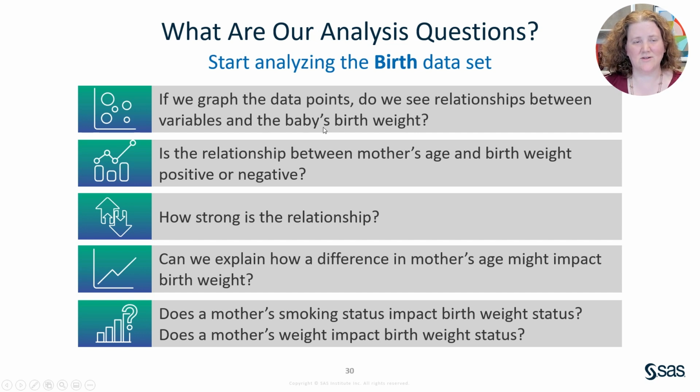As we did that, we started with some more descriptive analysis. So we created several plots of the continuous predictors versus the continuous birth weight variable. Then we also looked at plots of the continuous birth weight outcome versus categorical predictors. After we performed that descriptive analysis, then we fit a linear regression model. In that linear regression model, we used a backwards elimination procedure in order to come up with our best model to predict baby's birth weight.